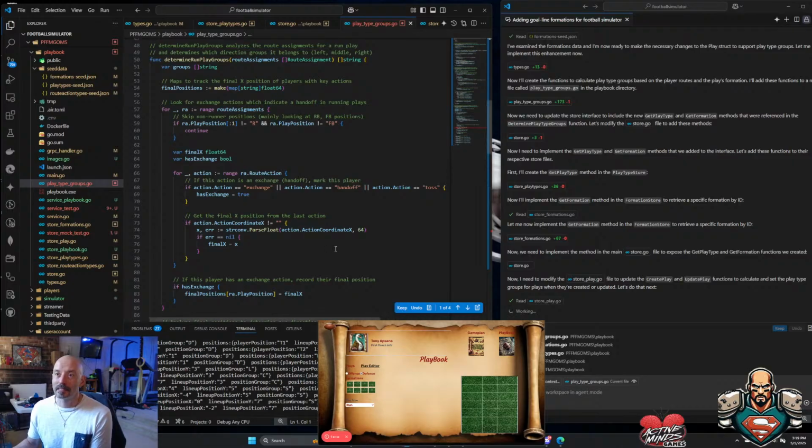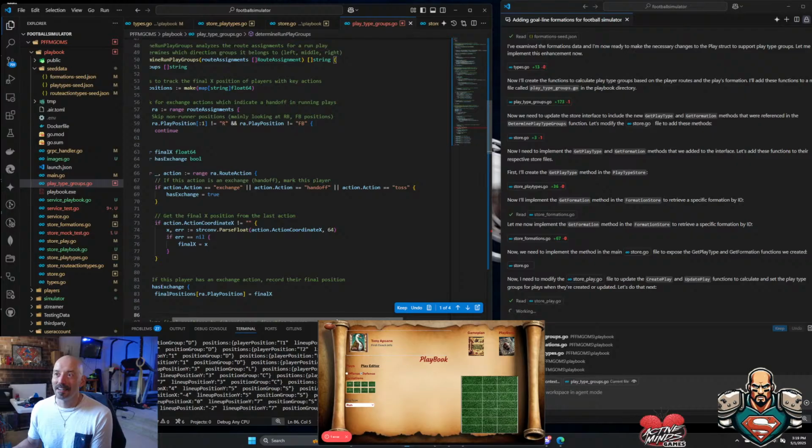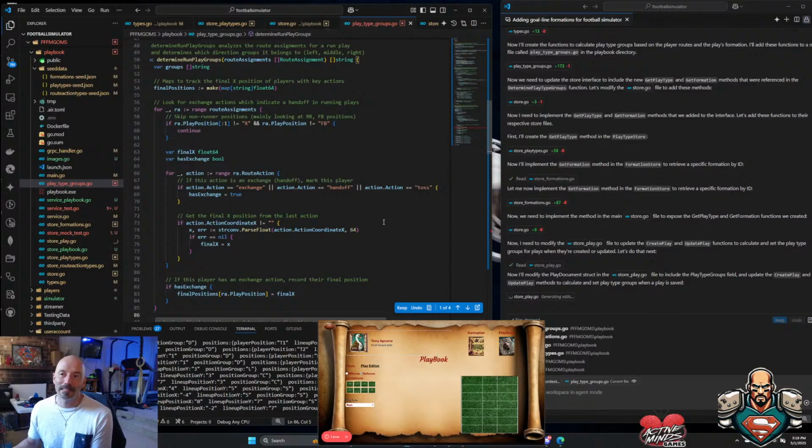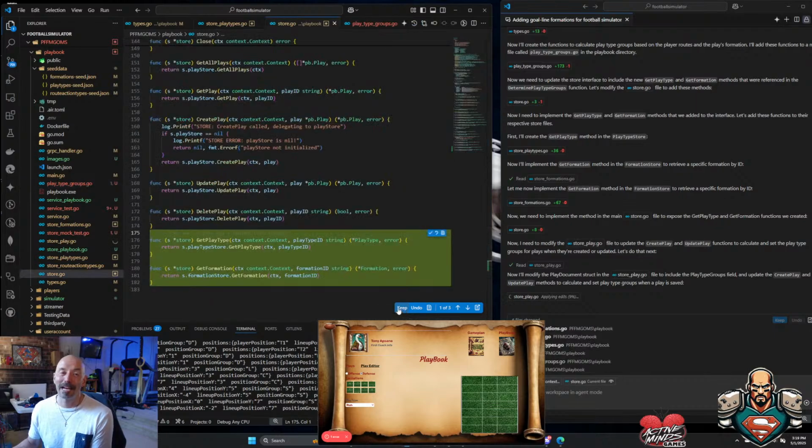I am curious how this is going to work. I don't have handoff or toss. It's making stuff up. I said exchange, but handoff or toss. If I do an exchange and the guy's not near him, it's a toss. If he's not next to him, then it's a toss. That's my strategy. It may not be good. I may have to identify it so that it knows to let players get near, but